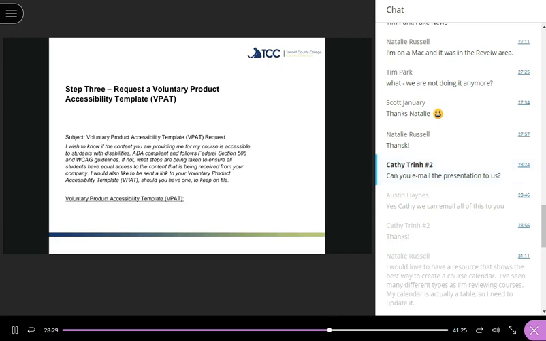So what you're looking at right now is a VPAT, which is a voluntary product accessibility template. We can email this out if you guys want it. This is a standard thing that you can put in an email to send to a publisher. It kind of forces their hand to say, hey, we need ADA compliant materials, as required by Section 508 and WCAG guidelines.